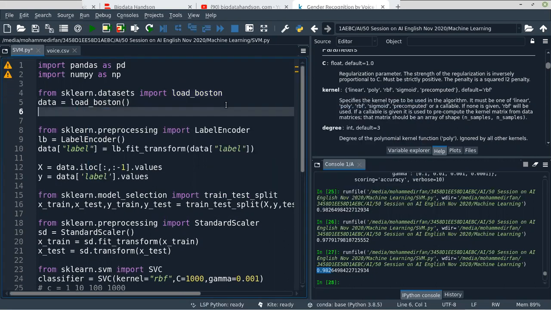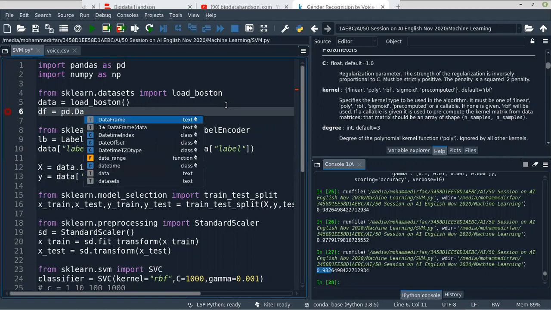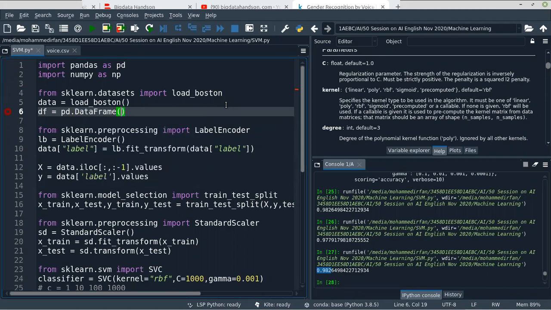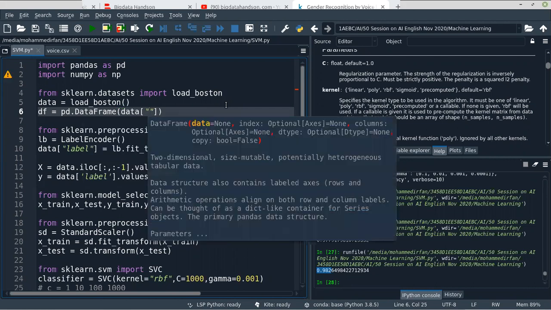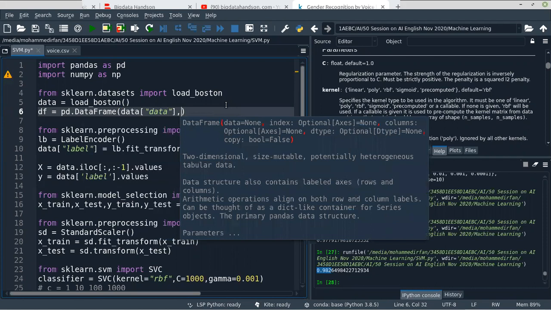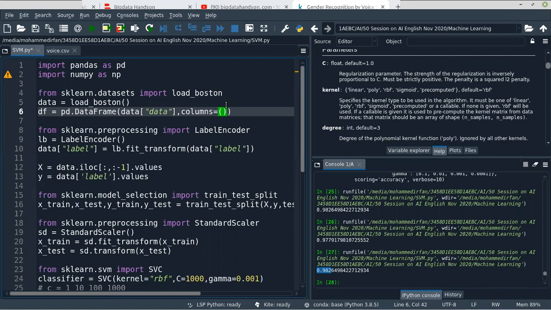It will give you the data, and we need to create a data frame with the data, that is pd.DataFrame. You want to give the data that is inside the key data and the column names. In the columns parameter, we give the feature names.